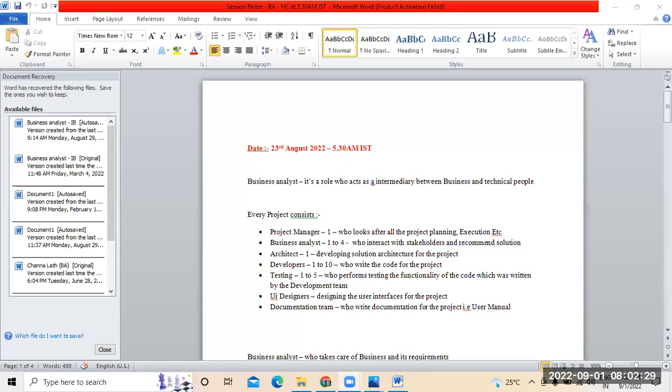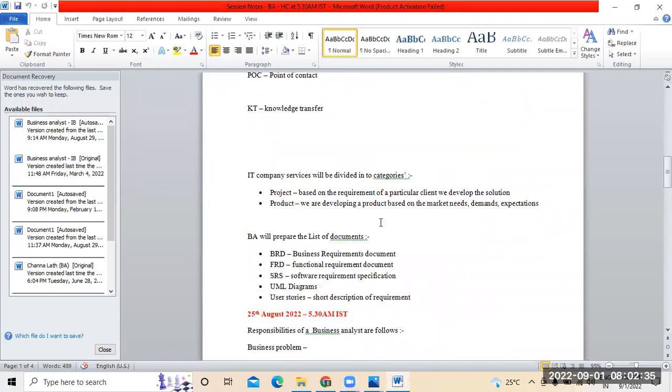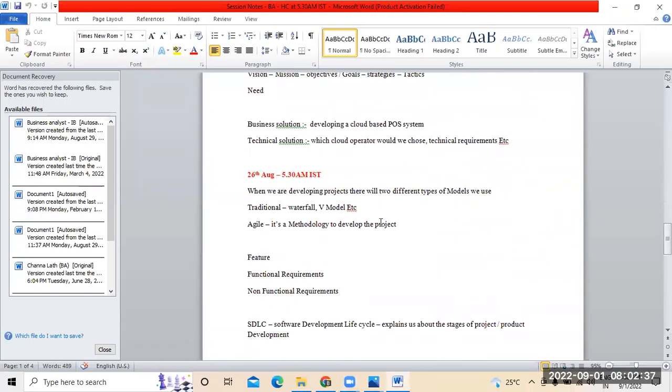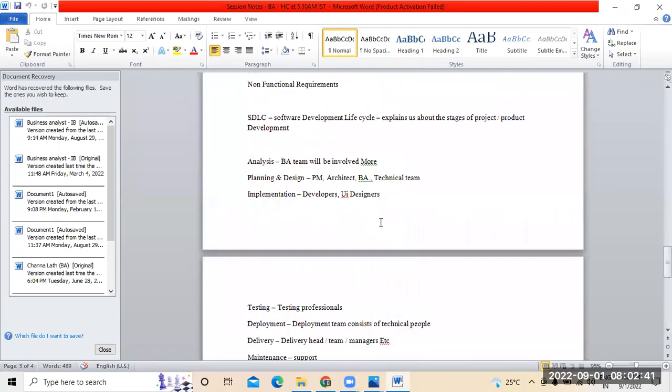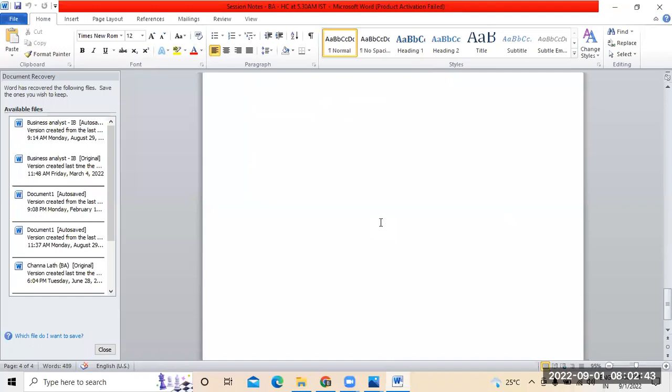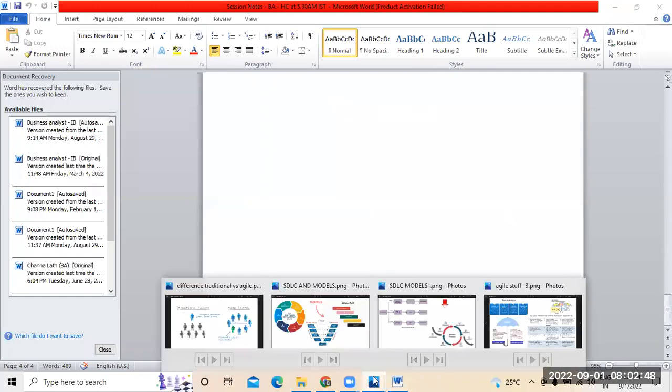Discussed about the SDLC models, software development lifecycle models. It's what we have discussed in the previous session, like waterfall, V model, all that. But of course, I haven't shared any screen so far. So what I'm doing now is giving you an overview about those things, and then I'll go